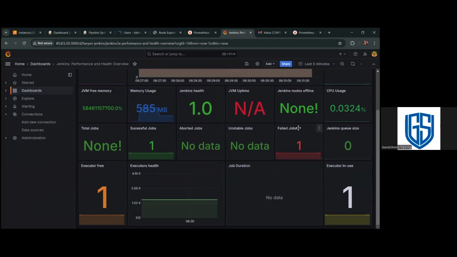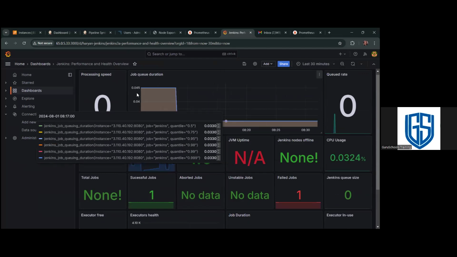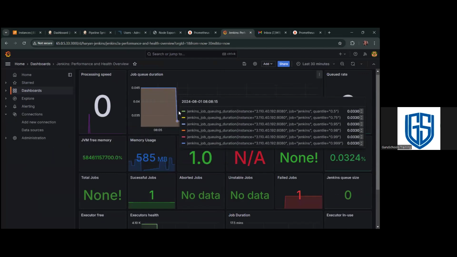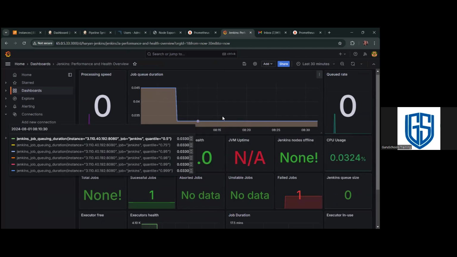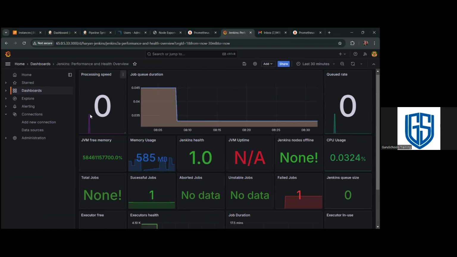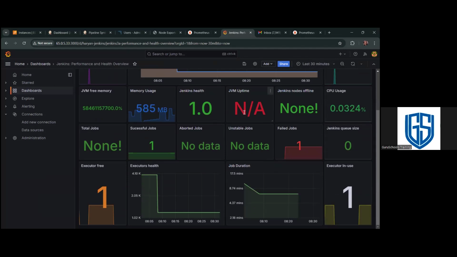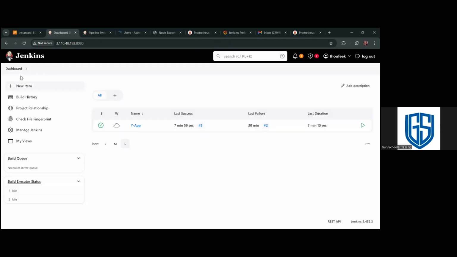See here we have a failed one. So it's listed here. And when coming to 30 minutes, see here, this is the time of building our new project. Now it's going to cool down, queue duration. Here we can see a process speed spike. So now we are going to